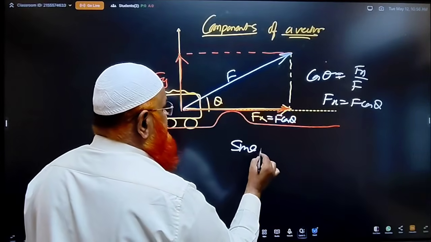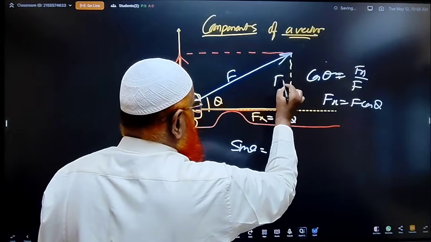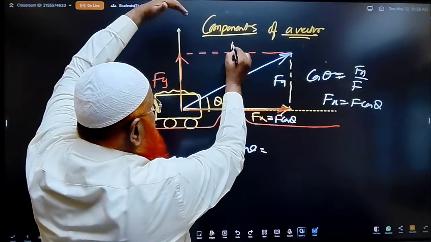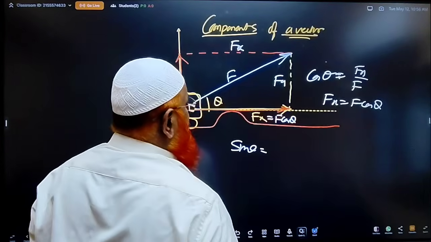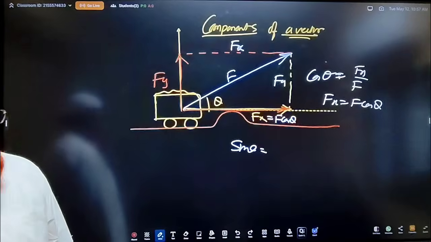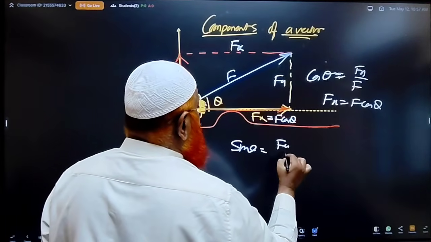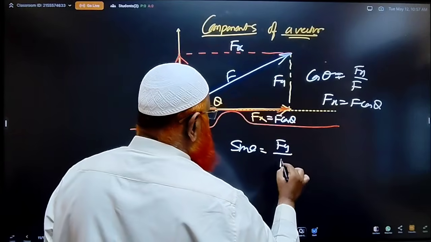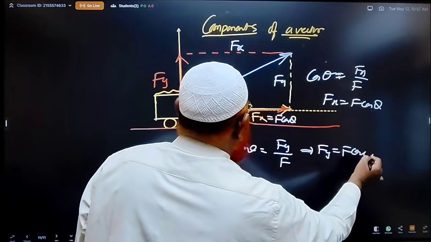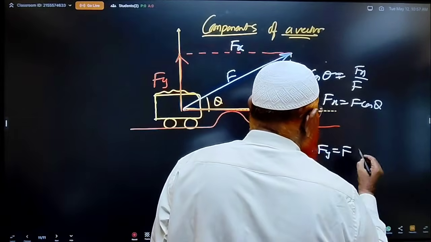Now I write sin theta. Sin theta is nothing but the opposite side Fy. This is also Fy, because these two sides are the same in a rectangle, and this is called rectangular components. So therefore sin theta means what will you write? Opposite side Fy by hypotenuse F. This implies that Fy is equal to F sin theta. This is the meaning of